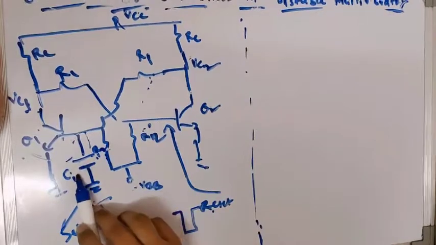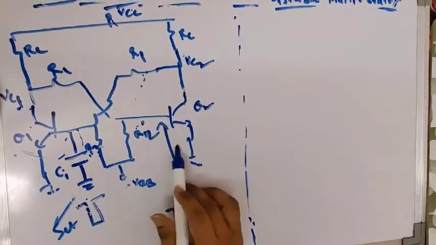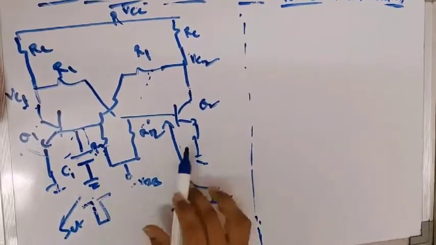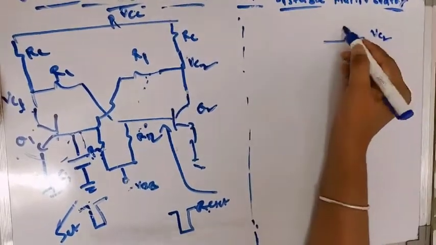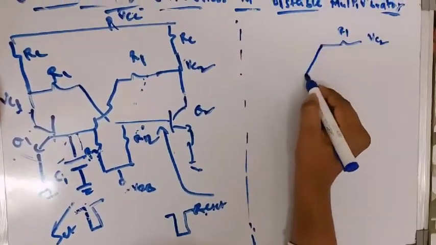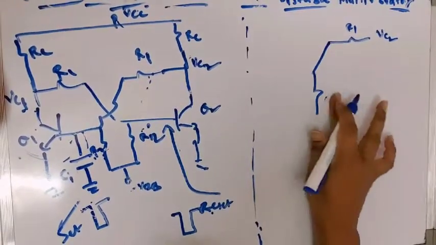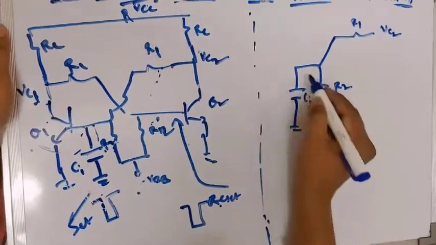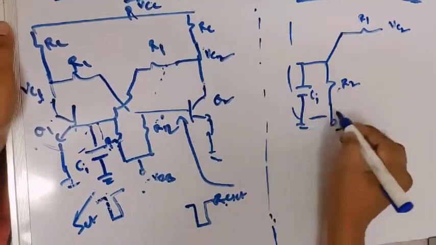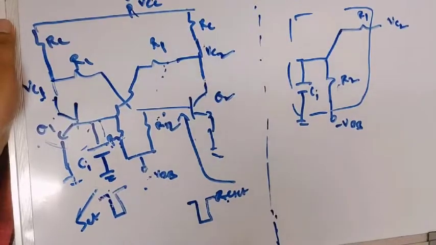Whenever two or more elements are connected together, there is always a possibility of stray capacitance. That effect we have considered at this transistor Q1. The same effect will be present at the transistor Q2 also, because it is a symmetrical network. So if the potential at this point is VC2, with resistor R1 connected to the resistor R2, and the potential at this point is minus VBB, and one more logical capacitance we consider here, that is Ci, this is the network at the input of the transistor Q1.